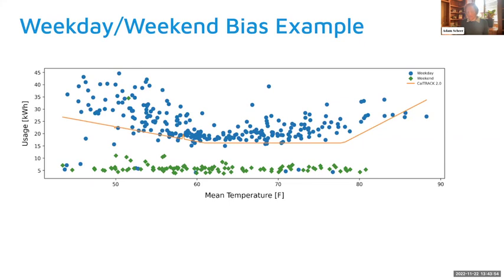Now, this is not as severe as might meet the eye because in almost all of the use cases that we have encountered at the very least, I don't want to speak for everybody, you're typically using CalTrack daily results aggregated over the course of at least a month. Now, that doesn't mean that you're not introducing at least some bias in those aggregated monthly numbers because some months have a different number of weekend days versus weekdays, and that can change as the calendar changes. So this is an issue we would like to address and that we're well aware of.